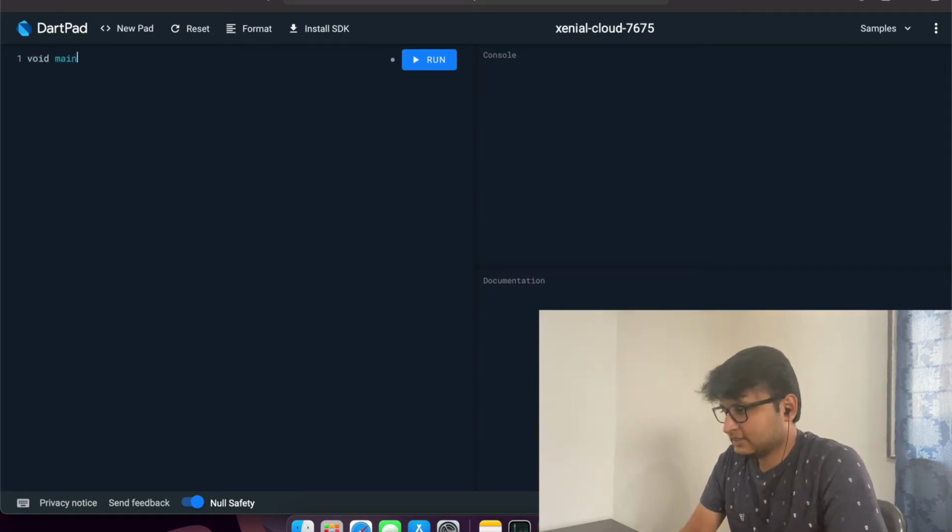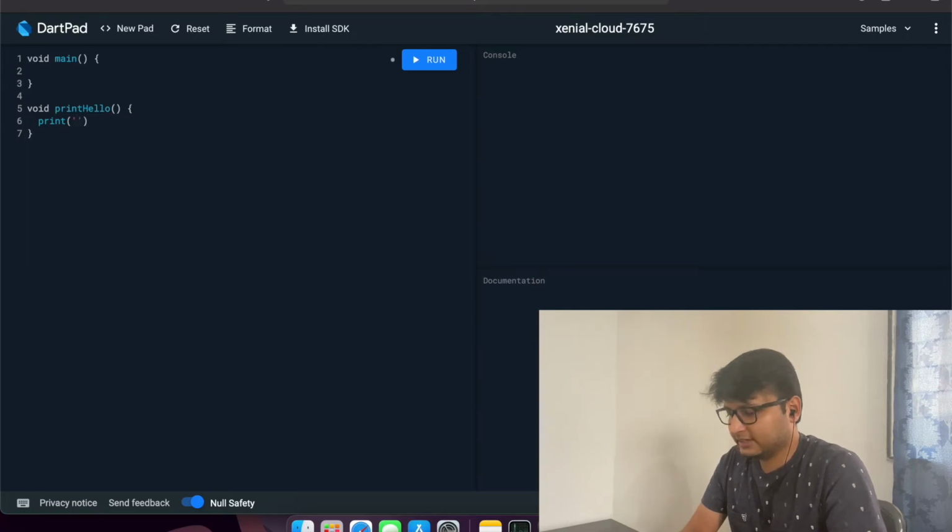So for that, let's write our main method. This is also a function, the main function, which is reserved by our Dart program. Now let's create our own function, which is print hello. Let me write the whole method, then I will explain the syntax.